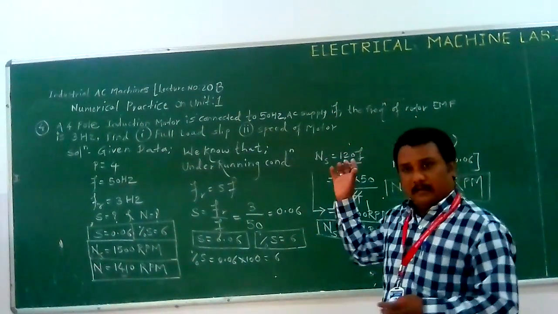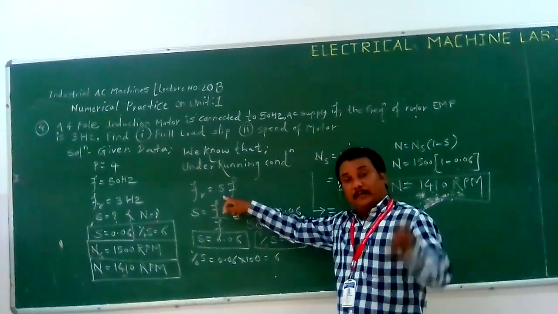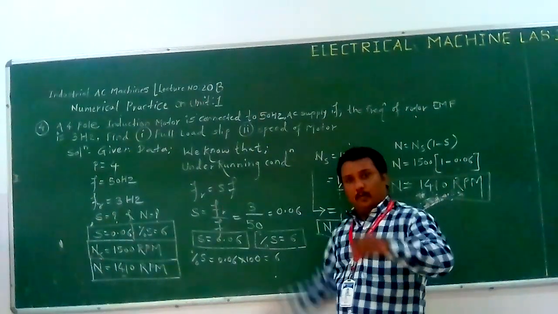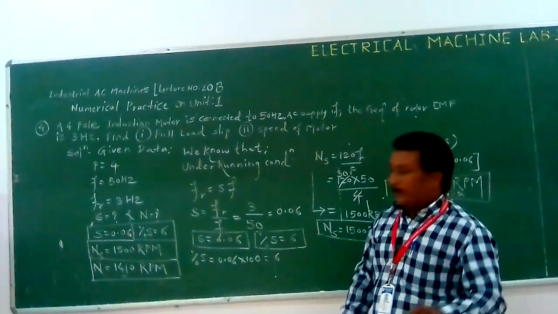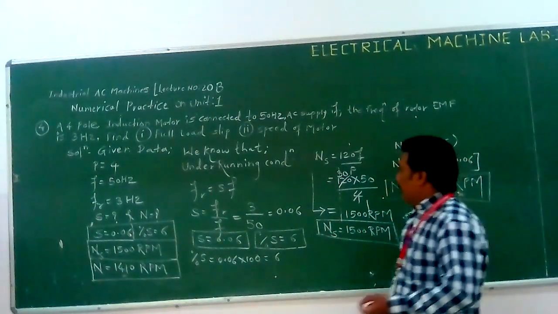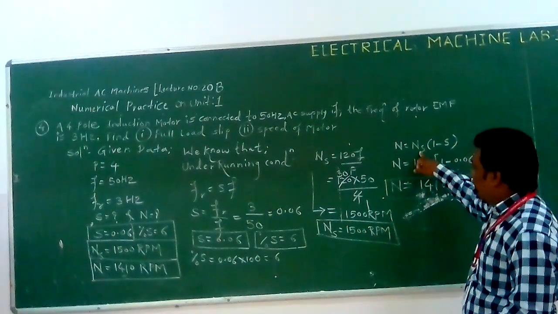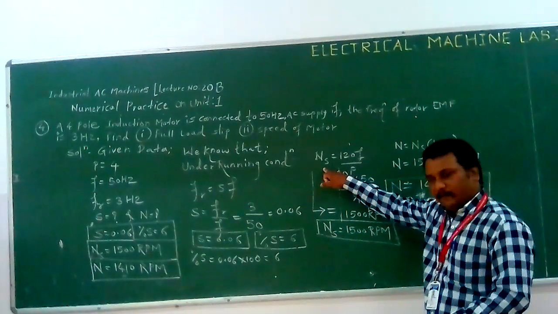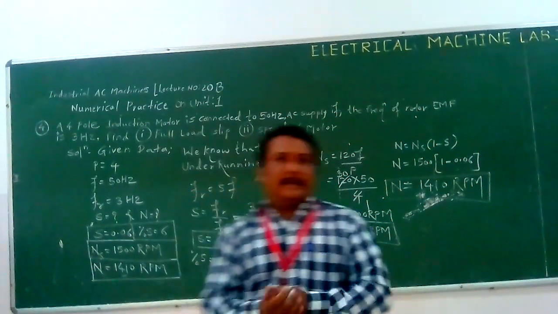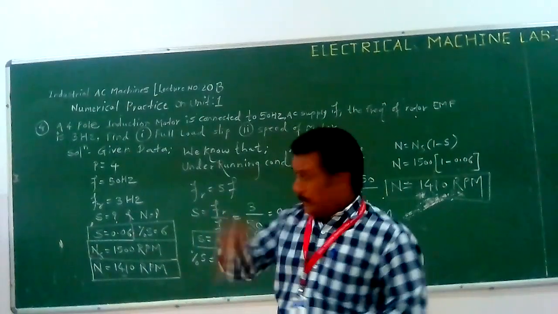So here formula 1 is 1 minus Fr is equal to Sf. From the given data, students should practice being able to use and implement the accurate formula, so that the final answer will automatically be calculated. Then for calculation of the actual speed, we know that Ns is unknown here, so first of all Ns is calculated and then simplify. This kind of numerical is asked for 4 marks in the eligibility exam. Now going to numerical 5.